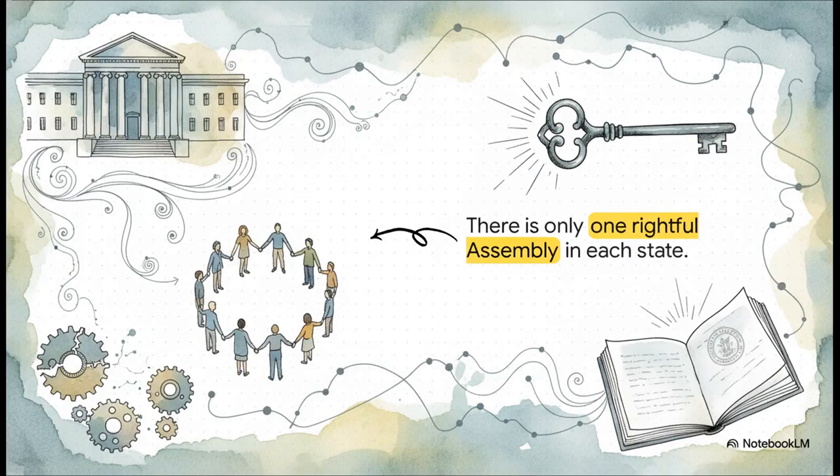So how do all these roles actually interact on a day-to-day basis? First off, the texts firmly and impartially insist that there is only one rightful, lawful assembly in each state. It's not a private club, it's not a corporate hierarchy, and it's certainly not a political party. Rather, it's a community-building effort summoned by the Federation to establish cooperative self-governance.